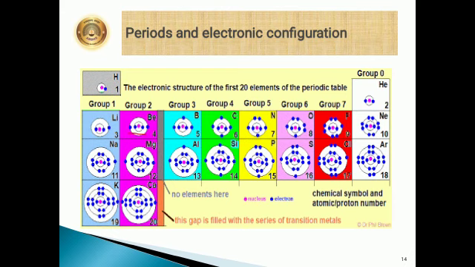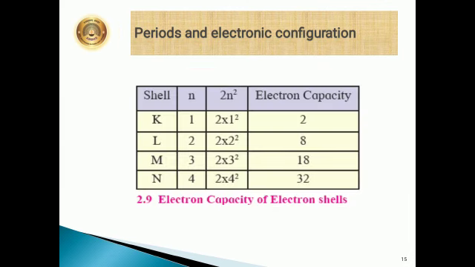Similarly, if you go down like that, lithium, sodium. Lithium is having 2 shells, K and L. Sodium is having shells K, L and M. Sodium 11. So 2, 8, 1. Potassium again has more shells. So as per the electron holding capacity of shells, 2 elements are present in the first period and 8 elements in the second period. The third period also contains only 8 elements due to the law of electron octet.